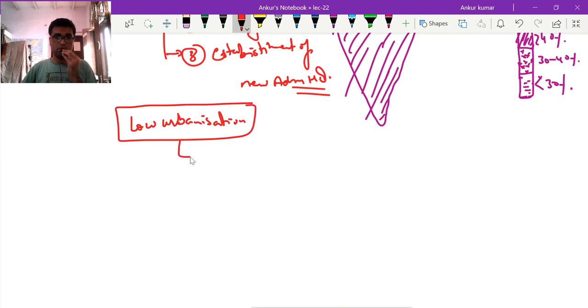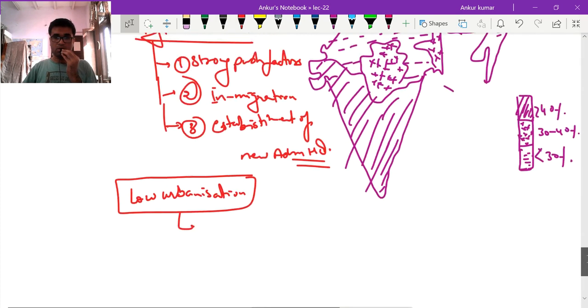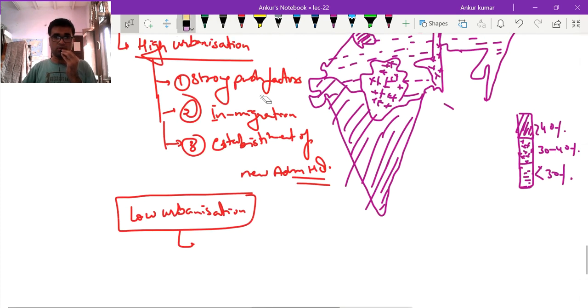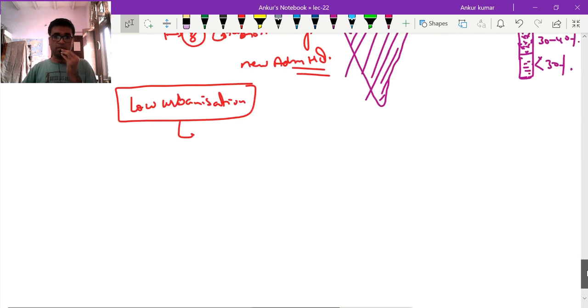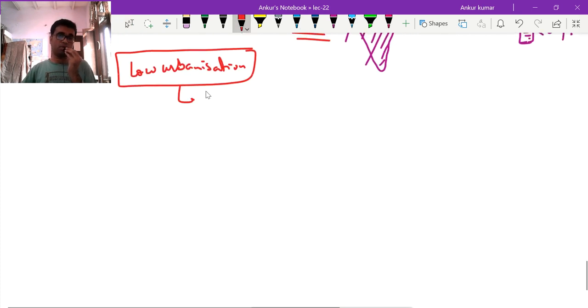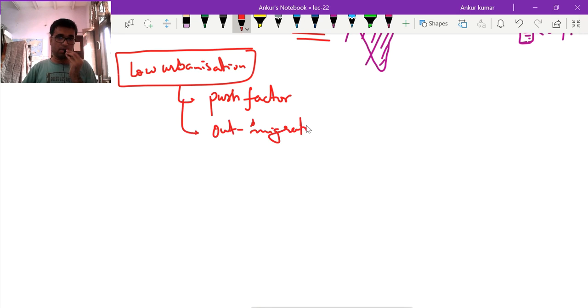So in these areas there is a strong, I think I wrote wrong there, sorry, this one, strong pull factor, the attraction factors, whether it is the employment or the education, health facilities, these act as the strong pull factor in the areas which have witnessed the high urbanization. However, in the areas of low urbanization, for example in Bihar or Jharkhand, there is a strong push factor because of the high unemployment, poor services, whether it is the health or education, then out migration. So this push factor is basically related to the out migration, so heavy out migration.